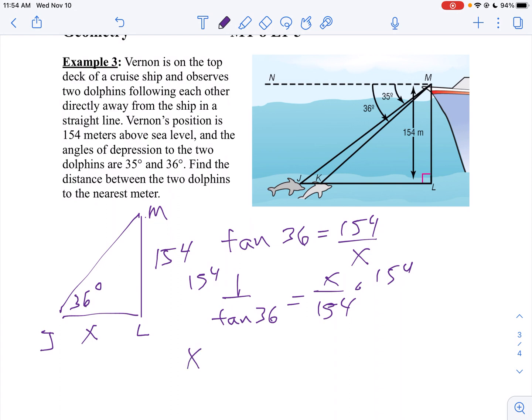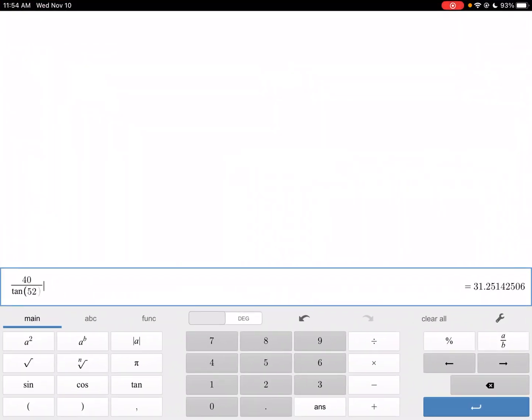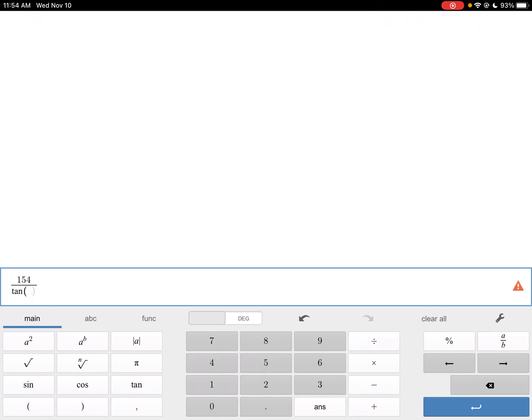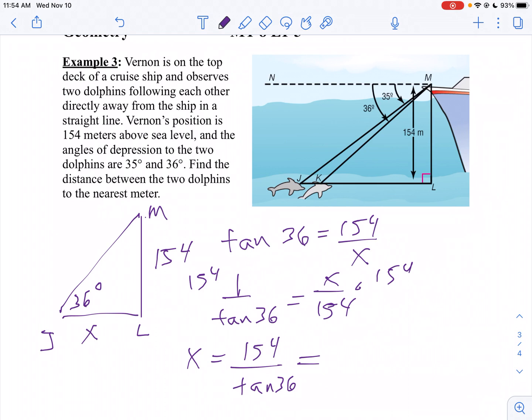So X then is 154 divided by the tangent of 36. So if I take 154 divided by the tangent of 36, we get 212.0. So I'm going to say that's about 212.0. So the distance from J,